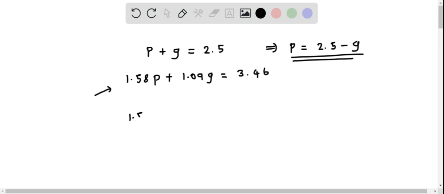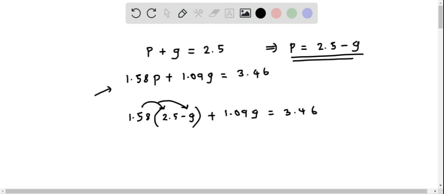So when we do that, we get 1.58 times 2.5 minus G plus 1.09 G. This equals 3.46. We distribute this 1.58 into the terms inside the brackets. That is 1.58 times 2.5. When we multiply this, we get 3.95. And then 1.58 times negative G, that is negative 1.58 G. We then have this 1.09 G. This equals